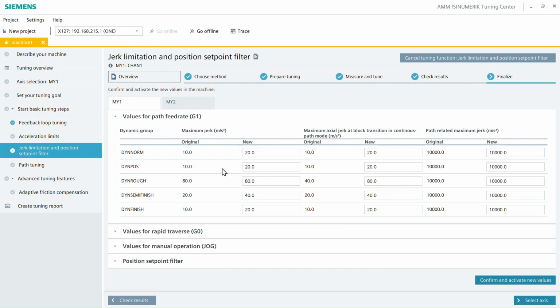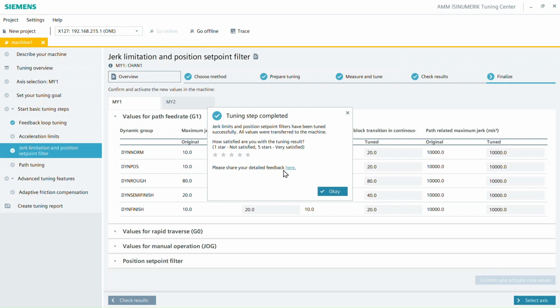Other values have been automatically increased by the software to help reduce cutting time for these processes. Please review the dynamic groups and check the resulting vibration and time behavior during cutting. You can adjust any value if needed. If everything looks good, click Confirm and activate new values to complete the jerk tuning. We'd appreciate your feedback. Your input helps us make STC even better.